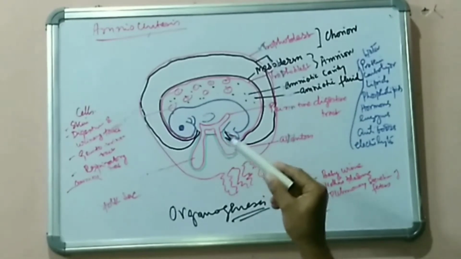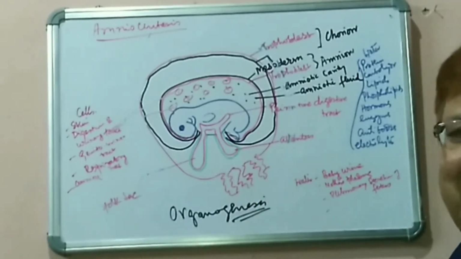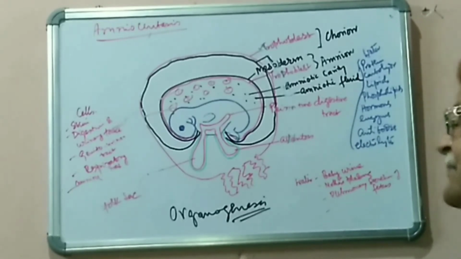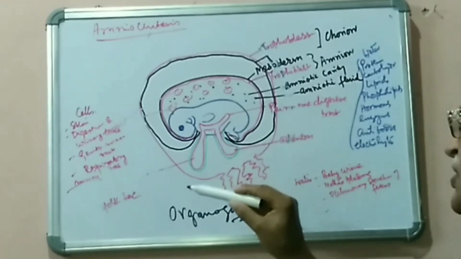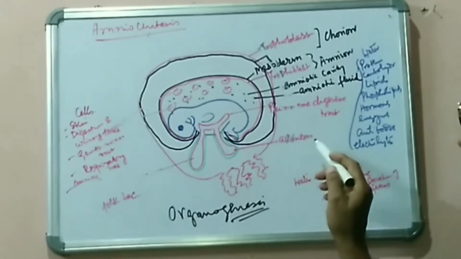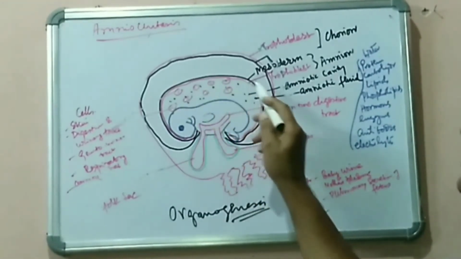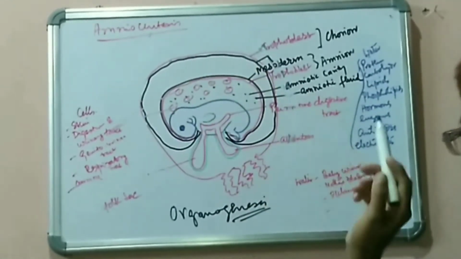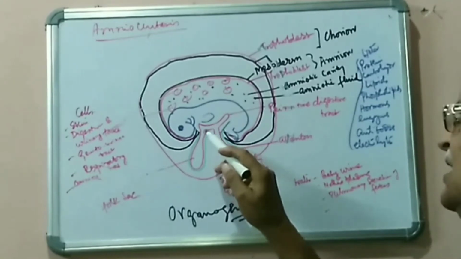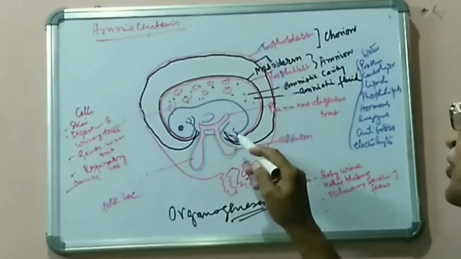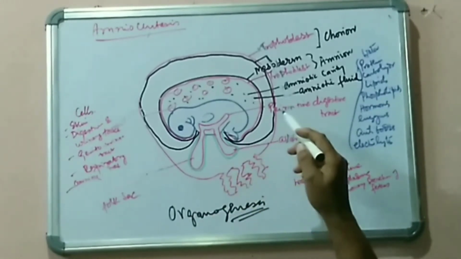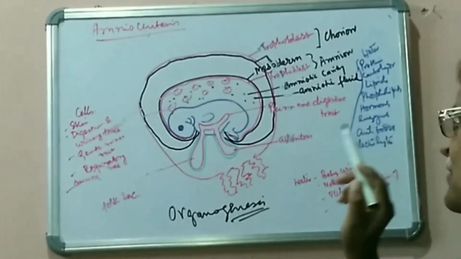4 membranes are being formed. They are known as extra-embryonic membranes. And the trophoblastic tissue forms all these 4 membranes. The first is the yolk sac, second is allantois, third one is amnion, and fourth one is chorion. Now, this amnion and chorion originate from the anterior and posterior end of the fetus, whereas the allantois and yolk sac develop from the primitive digestive tract.